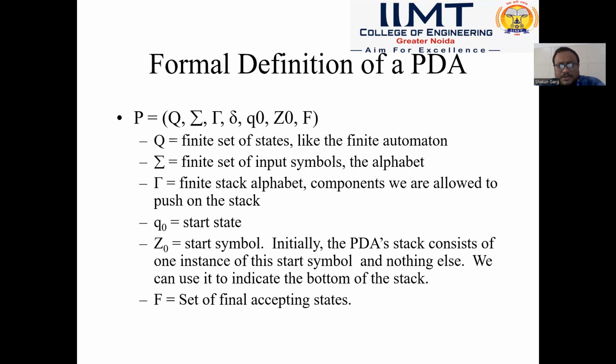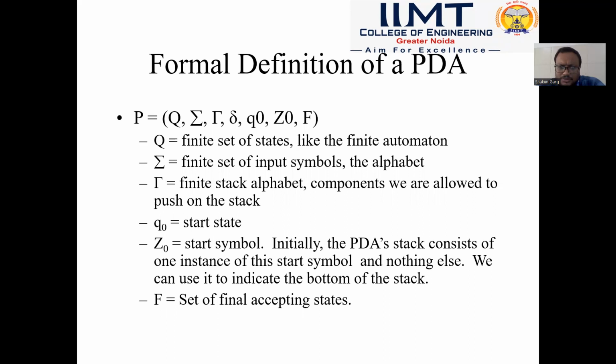Formal definition of a PDA. There are 7 tuples in a PDA. Any PDA has 7 tuples. What are those tuples? First is capital Q, second is sigma, third is gamma, fourth is delta, fifth is Q naught, sixth is Z naught, and seventh is F, the final states. Q, what does capital Q signify? Capital Q signifies a finite set of states, like the finite automata,